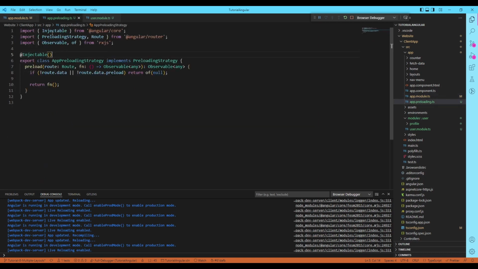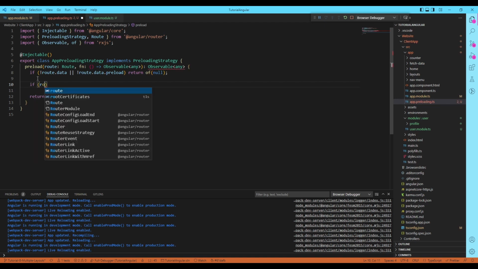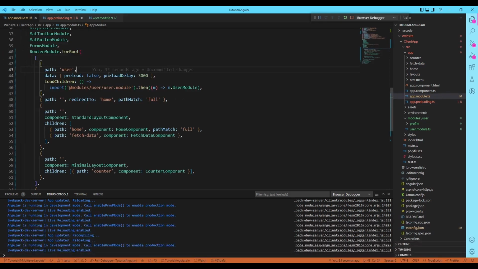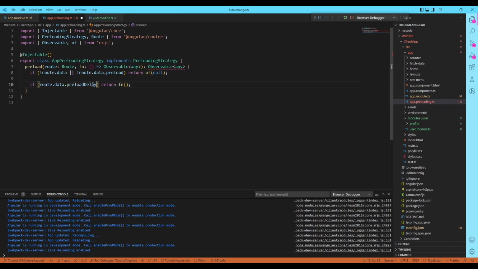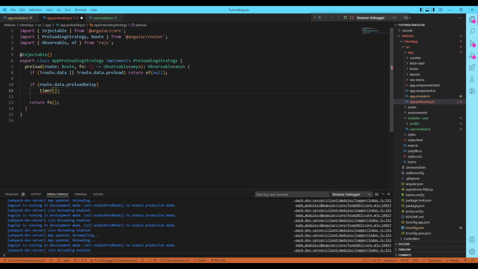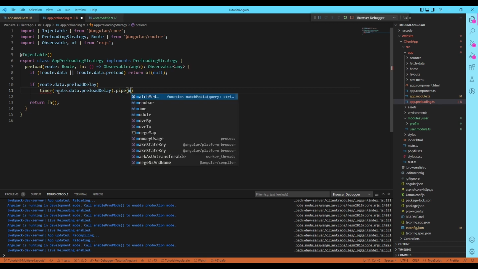So let's go into our app.preloading.ts and actually implement that. We'll still need to check if they don't even want to preload, it doesn't apply, so we'll do it after that. And we'll just say if route.data.preload delay, I think I called it delay. Let's double check that. Preload delay. Then what we want to do is a timer, and we'll just say, how long is the delay? Well, the delay is the route.data.preload delay. And then what we have to do is pipe that,